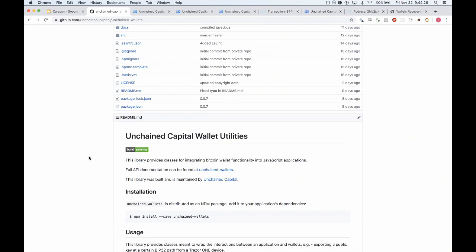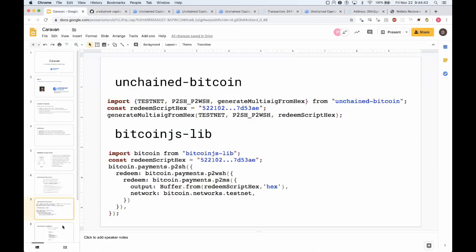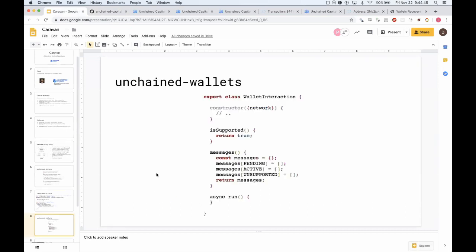I talked previously about Coldcard support. This is the library in which we would implement Coldcard support. We would add a module that implements the interfaces defined by this library and meets them with Coldcard. I'll come back to the interface design here in a second, but I wanted to just, oh no, here we go, right here. So, coming back to the slides,